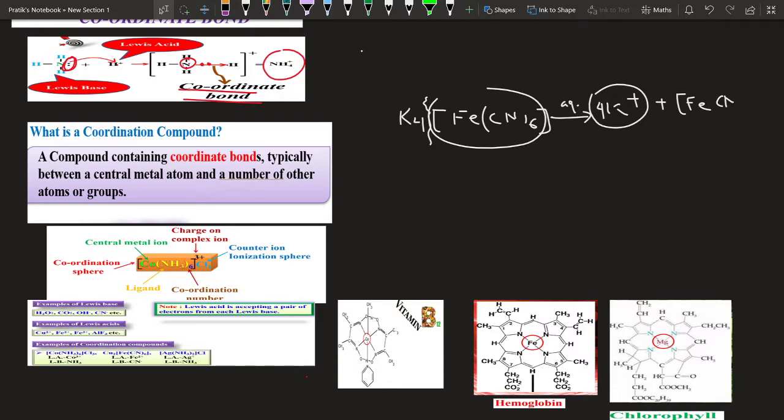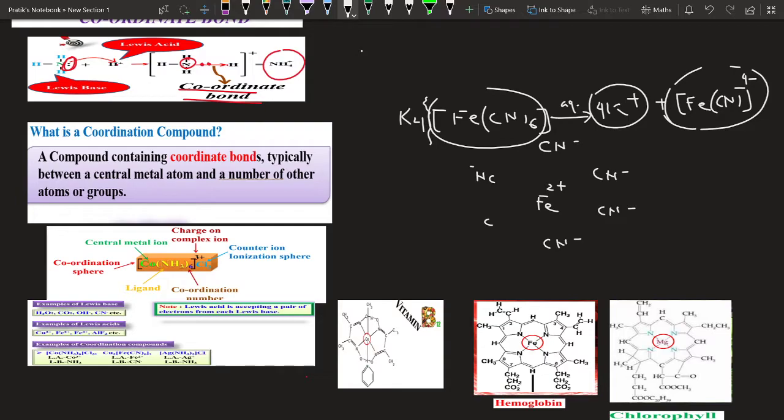which is present between metal and the ligand is what? Coordinate bond, and that is the reason why this is referred to as what? Coordination ion or complex ion. This part remains unionized in the water. It can be simply indicated like this. Here there is an Fe2 plus ion present, and this Fe2 plus ion is completely surrounded by 6 CN minus ions.